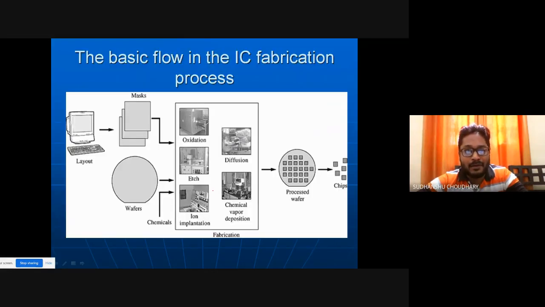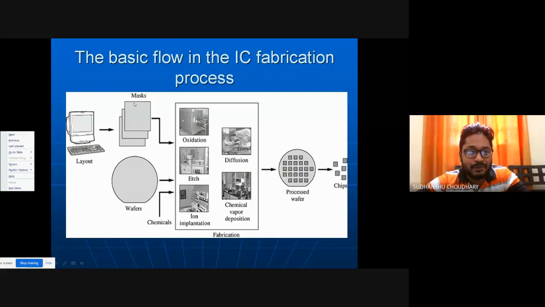Then, after these operations have to be performed, obviously, and before that, you need to have a processed wafer, and also you need to have a mask, because these masks you will generate from the layout. Some layout design software would be running on a PC, and on that software you will create a layout of your IC, and from that layout you will generate the GDS2 netlist.